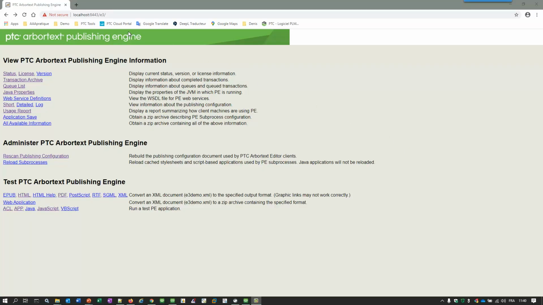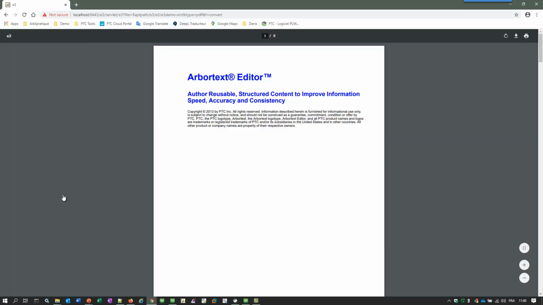Here I have a very simple example. It's a simple web page, and from that web page I can create a request. You can see the URL of the request at the bottom. It contains the address of the file to be converted, the type of conversion I want to get, which is PDF here, and the name of the APE function which will do the conversion. And if I click, the file is transformed and I'm getting the PDF result